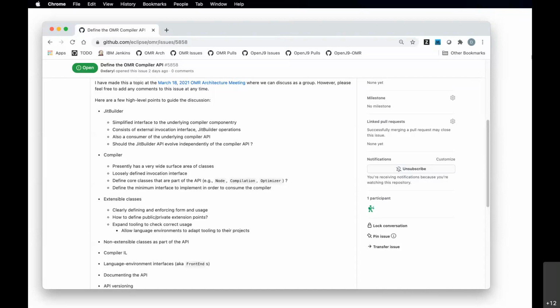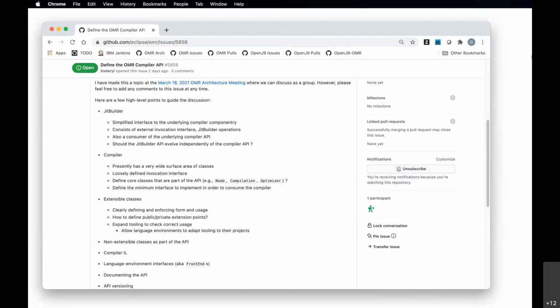And then perhaps even a third option is to not consider any of that, and just go with how you actually invoke the compiler. What's the minimum thing that you need to invoke the compiler? Do we need an initialize method and a compile method, and some means for getting the compiled method back? Is that all the API is expected to be?